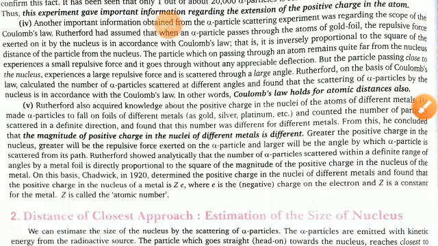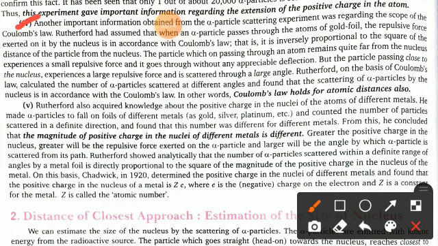Now come to the fourth one. Another important piece of information obtained from the alpha particle scattering experiment was regarding the scope of Coulomb's law. What is Coulomb's law? I told you, F is equal to 1 upon 4 pi epsilon naught Q1 Q2 by R square. Now Rutherford assumed that when an alpha particle passed through the atoms of the gold foil, the repulsive force exerted on it by the nucleus, because the alpha particle is also positive in nature and the nucleus is also a